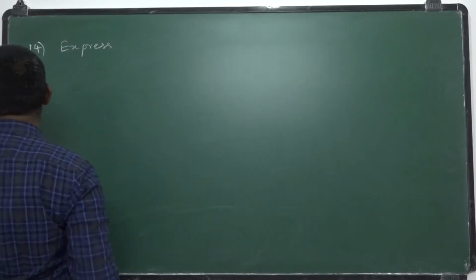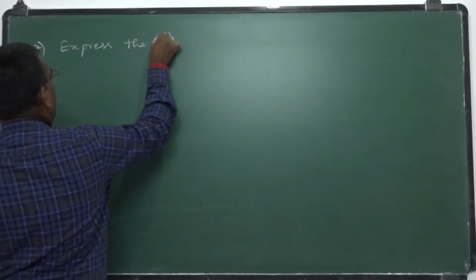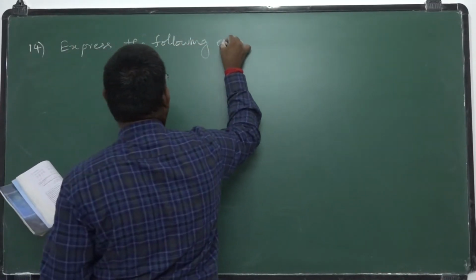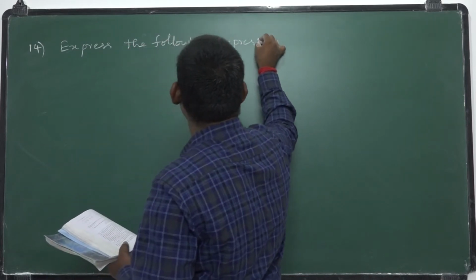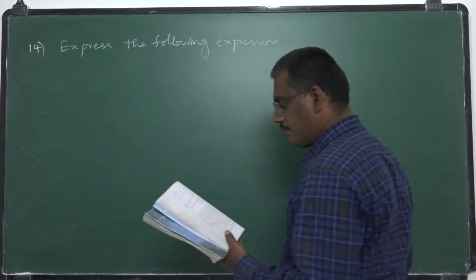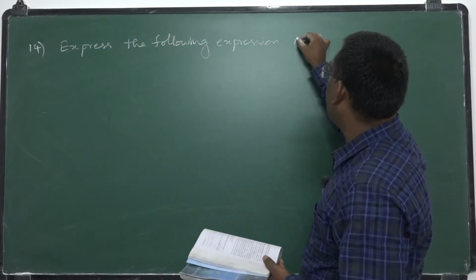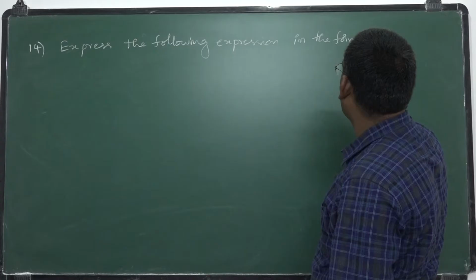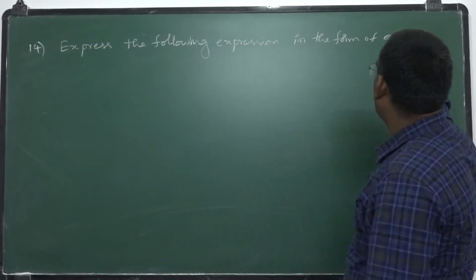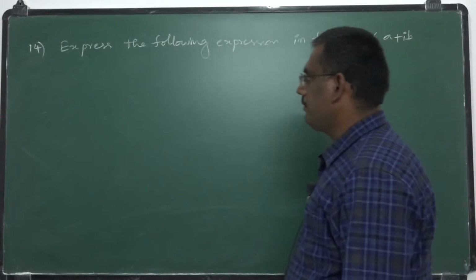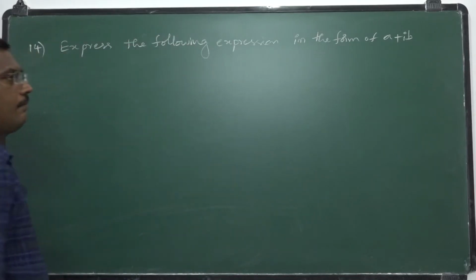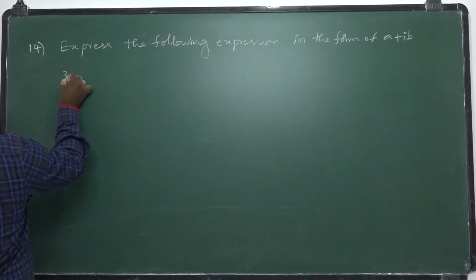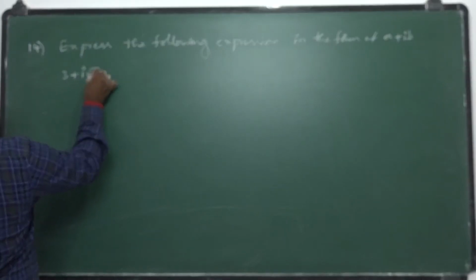Express the following expression in the form of a plus ib. Okay, so the expression is (3 plus i root 5)